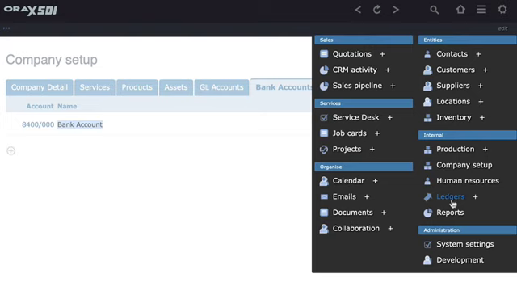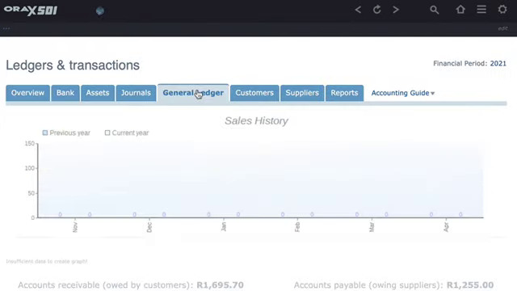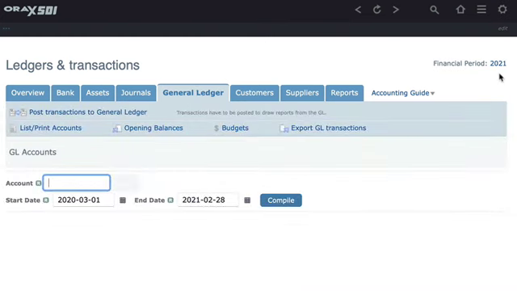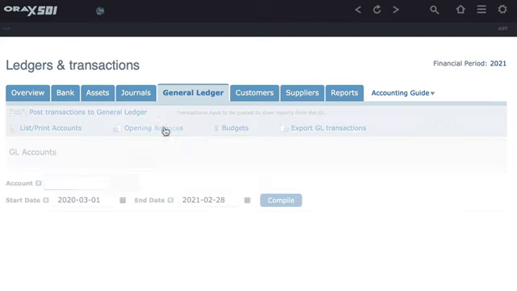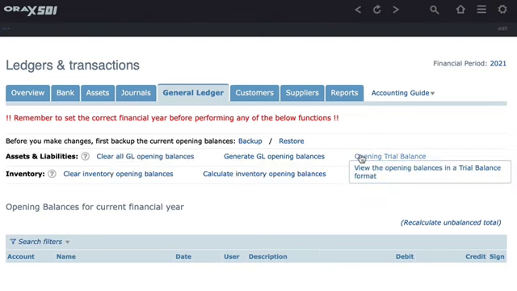Once you are set up, you probably won't make a lot of changes to your general ledger. But in order to start, you always want to start your financials on the beginning of a financial year. In most cases, that would be the 1st of March. Then you need to bring in opening balances. If you've been trading on the system, you will probably use the previous year's closing balances to import them into this year's opening balances. If not, you can import those from a spreadsheet,